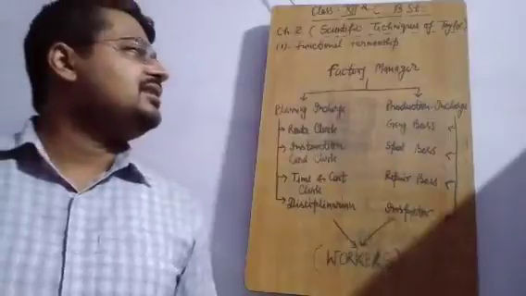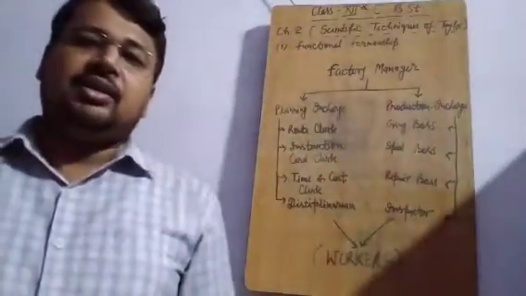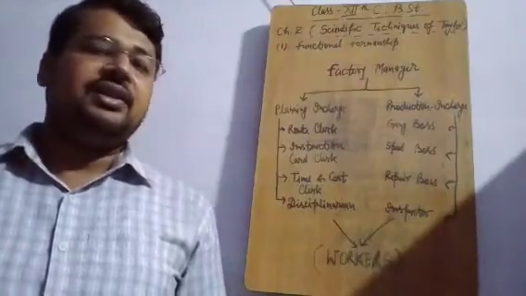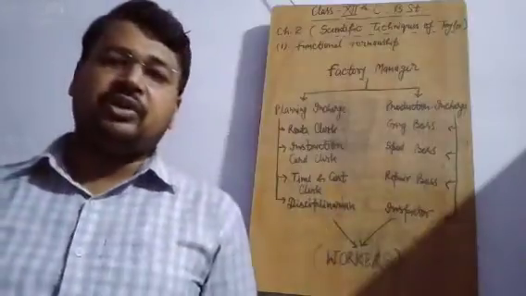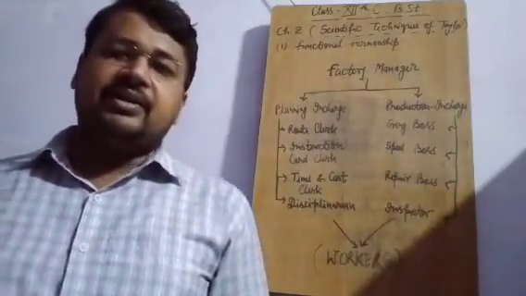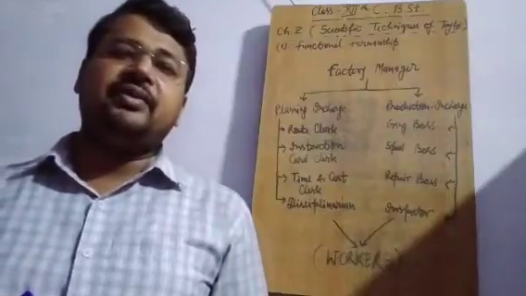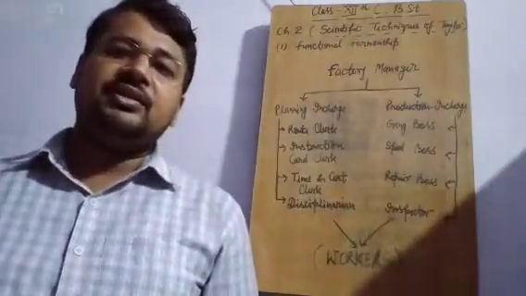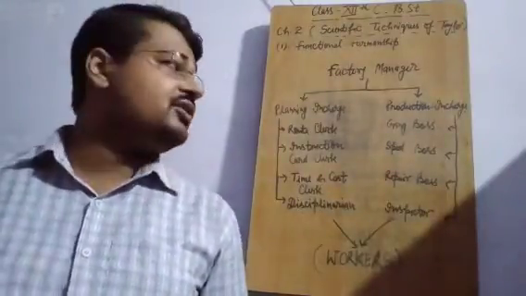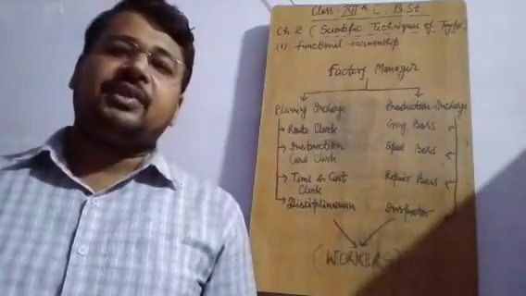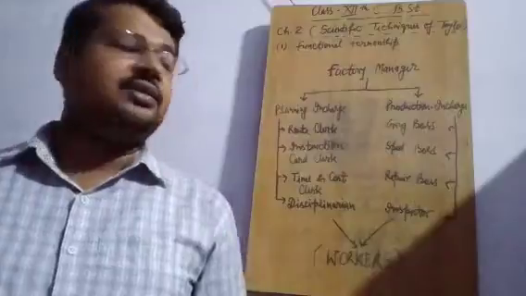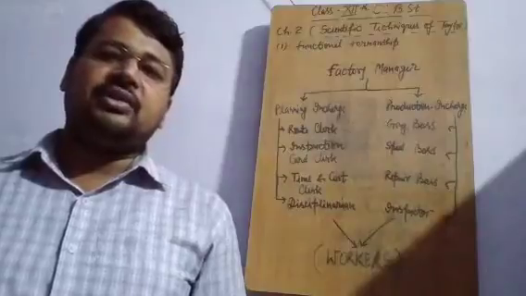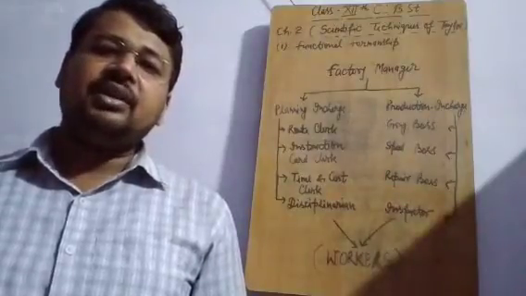So that's why Taylor suggested the need of properly trained supervisors who are masters in each and every work that is going on in the production unit. They will guide. If there is a supervisor who is very well educated in the IT sector, then he will guide each and every worker to deal with the sophisticated machinery. If he is good in technology handling, if he is good in electrical equipments, then he will guide all the workers.